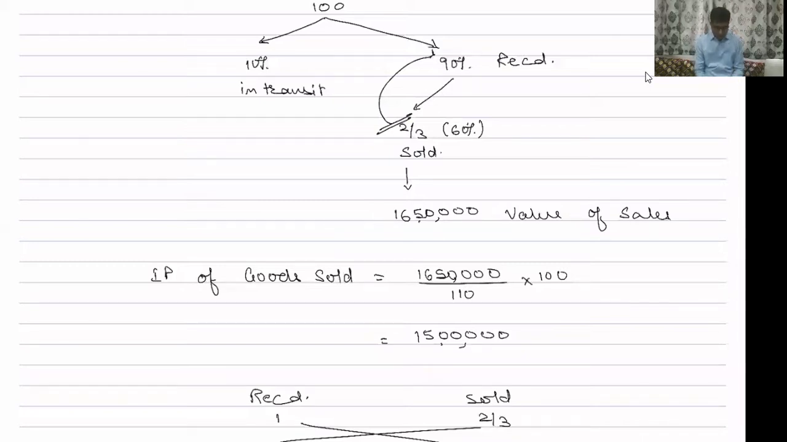A consignor had sent 10,000 units costing rupees 240 each to the consignee